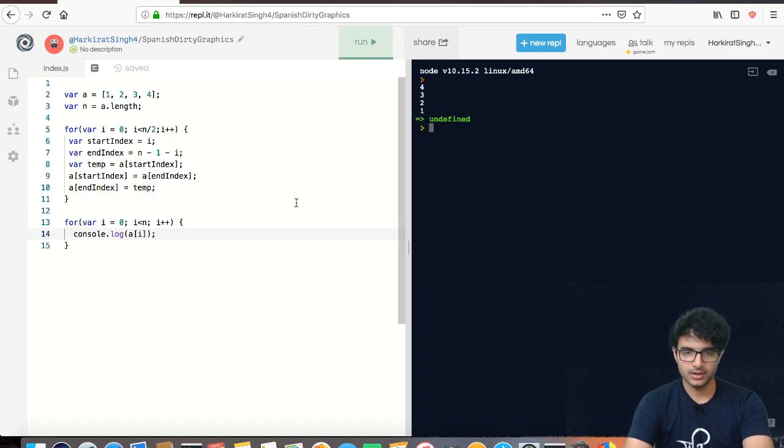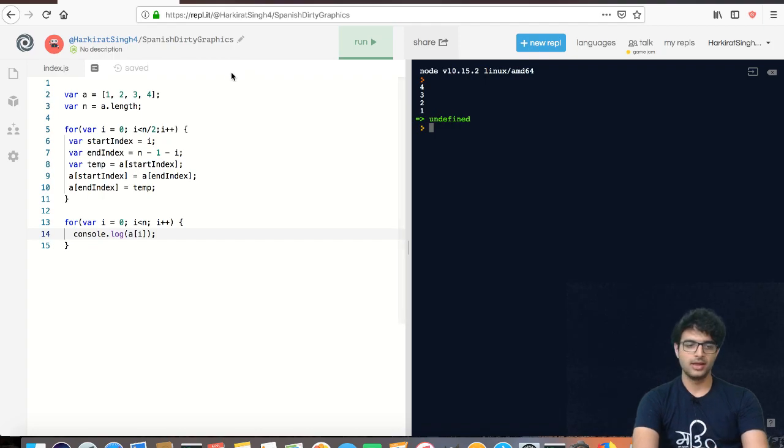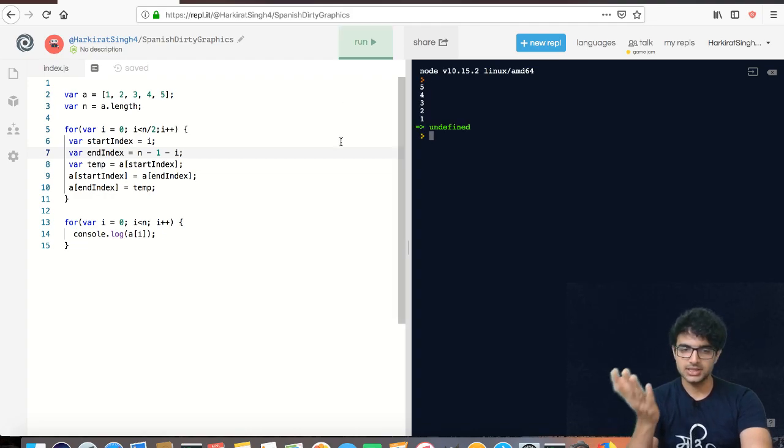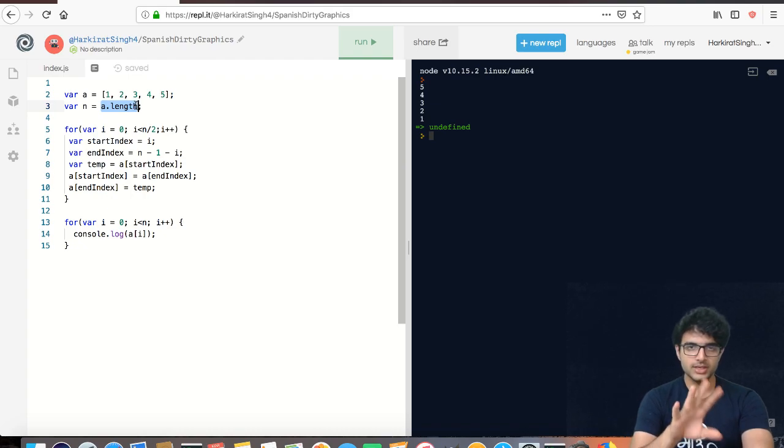Let's see if we've written everything correct, and as you can see, the final output is 4, 3, 2, 1. Let's try to change the array to one which has an odd length, and as you can see, it still works, because if n is 5, n by 2 is 2. So if you don't know this already,